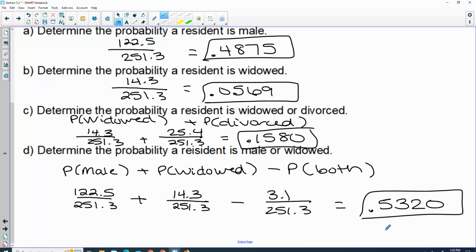How are we doing with these probabilities so far? So or just means add them up, but we have to watch if we double count, we need to subtract those people off. The second thing that we have to talk about today is the complement. The complement is the opposite of something. So if I'm talking about our high school, you could be a senior, or the complement, the opposite of a senior is,